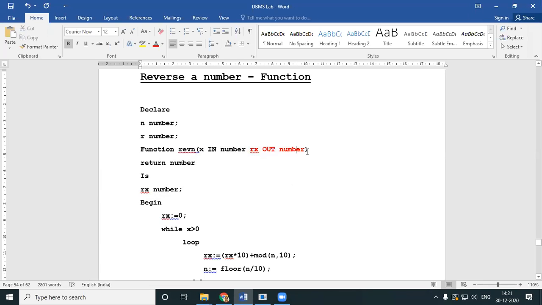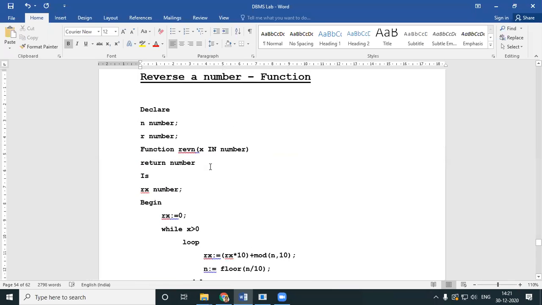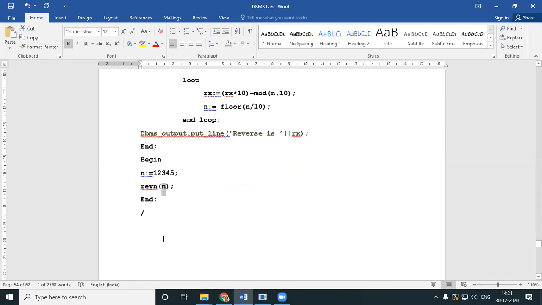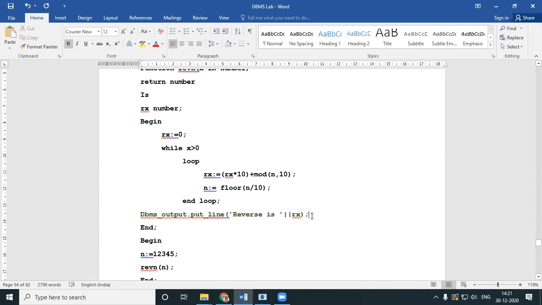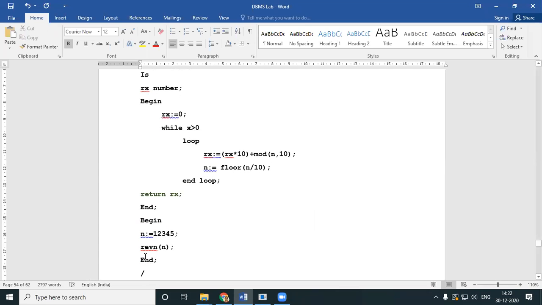So what I can now do is take away this, which means here I can have only one parameter, because here I'm having only one parameter. Very simple. You should be returning it. You need not print it over here. Instead, we will return. What are you returning? You are returning the reverse. What is reverse? Rx, isn't it? You are returning the reverse Rx.